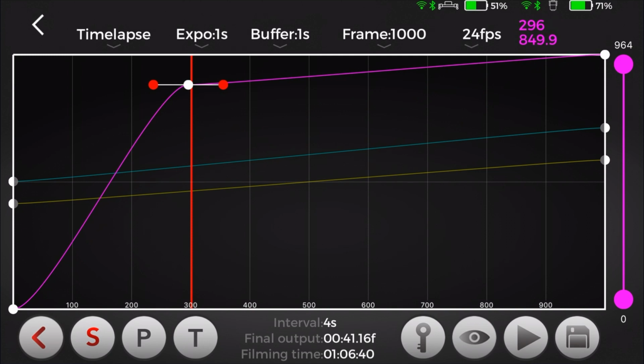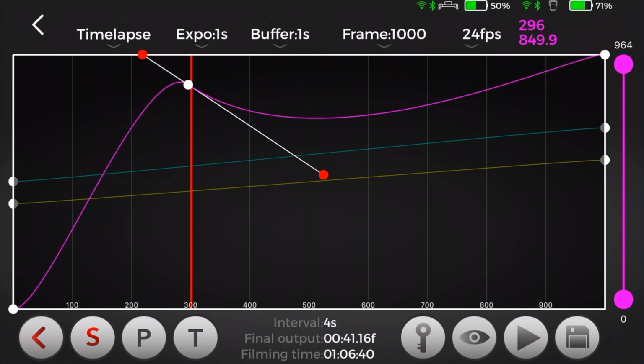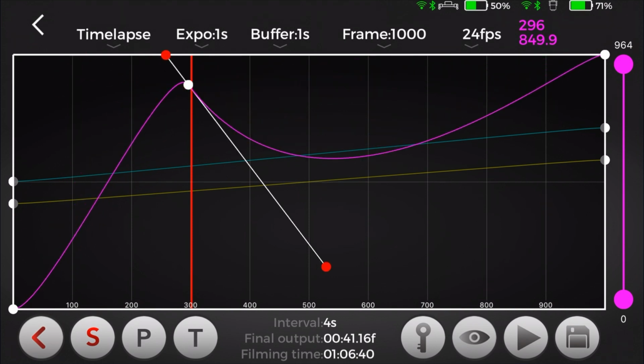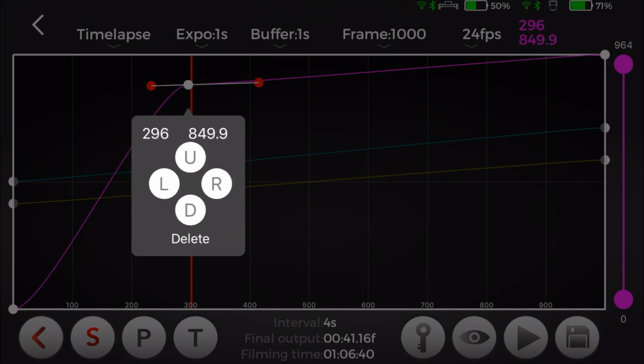duration of the sequence. I've got little handles here which I can drag so I can smooth out that or drop it in, drop it out. You've got tremendous flexibility with these. And I also found out today, if you double click on the little white icon there, you get a little pop-up dialog box which tells you exactly the position on it. I've moved it a bit. It's now at 296 where it was at 300, and